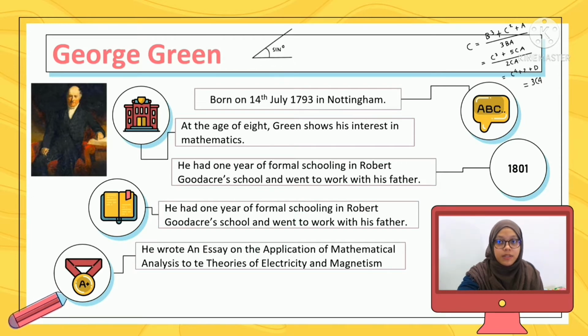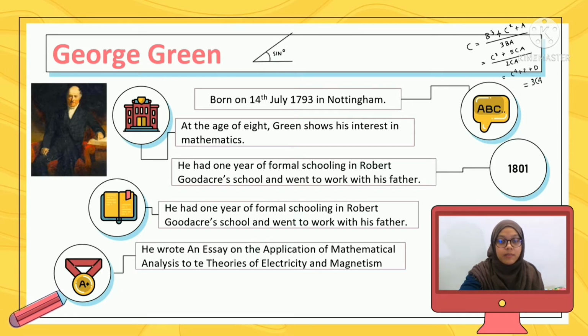He is an English mathematician and physicist. He showed his interest in mathematics at the age of 8. Green's life is worth attention because he was almost entirely self-taught, since he only had 1 year of formal schooling, then he went to work at his father's mill. His contribution to Green's theorem started when he wrote an essay on the application of mathematical analysis to the theories